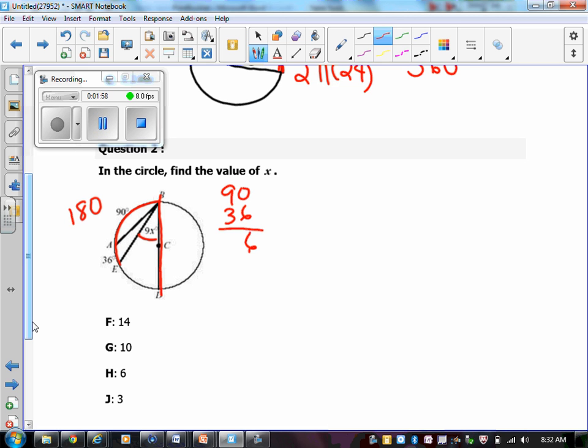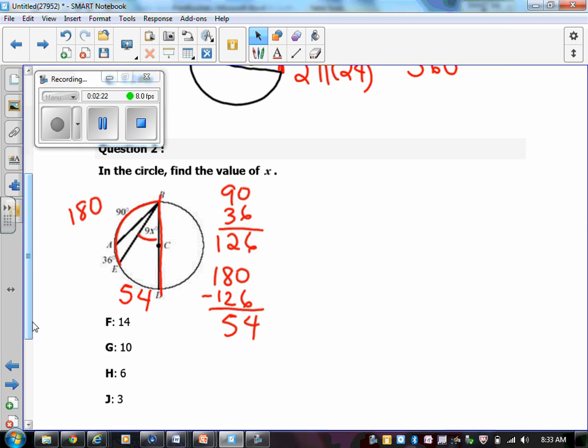So this is 6, 9 plus 3 is 12, so it's going to be 126. So whatever is left here would be 180 minus 126, which is 54. And if you remember from our lesson, the relation between your intercepted arc, in this case